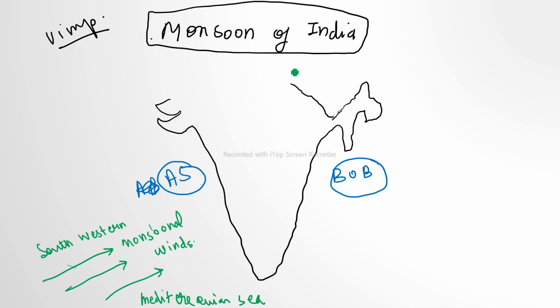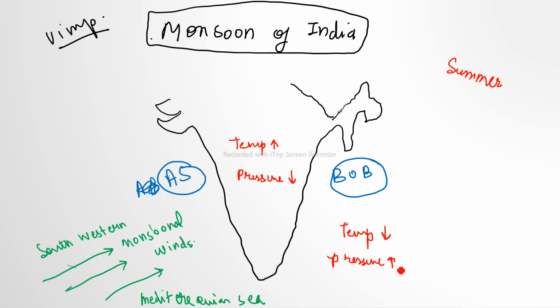Now there are certain pressure conditions that are there. Say the season is summer. In the summer season, the land is going to get heated up quickly as compared to water. Water would take time to get heated up. So the temperature on the land is going to be comparatively higher than the temperature in the water area. Now what is going to happen? Because of the high temperature, the pressure on the land is going to be lesser. Inversely, the pressure is going to be high in the water area.